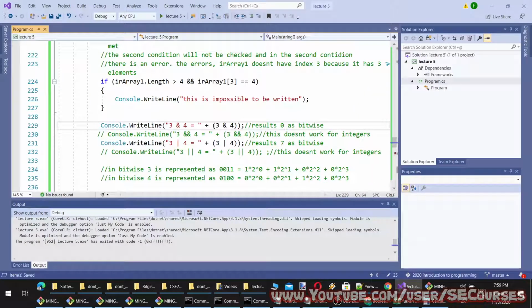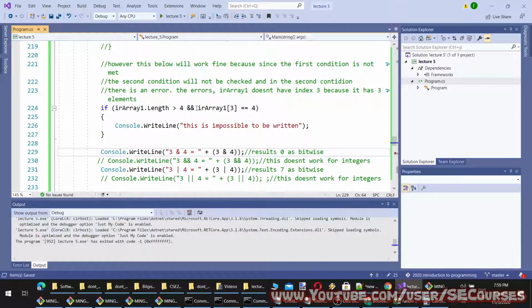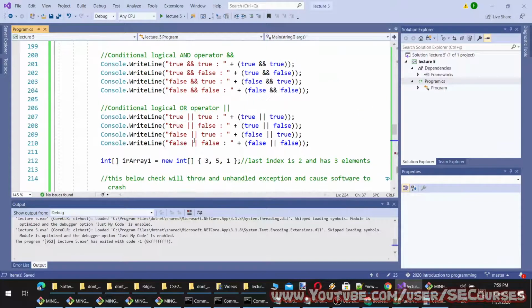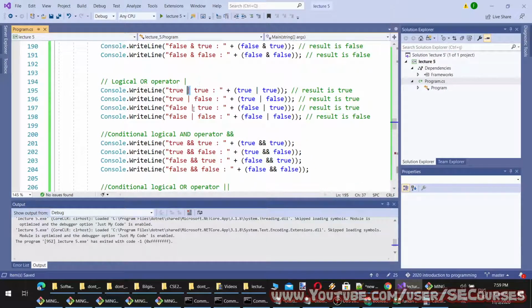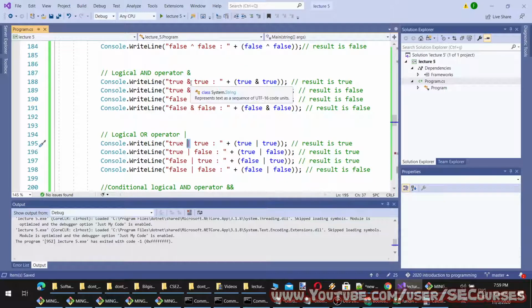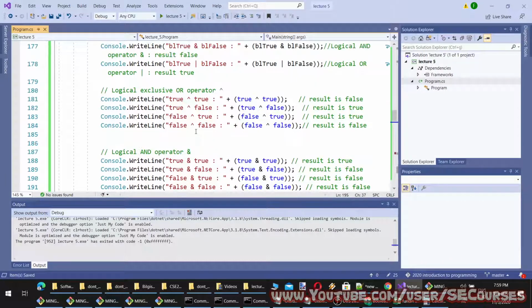When I am doing a conditional check, I always use && and ||. I never use & and | because they are different; their purpose is different. I wonder if this will work for integers.